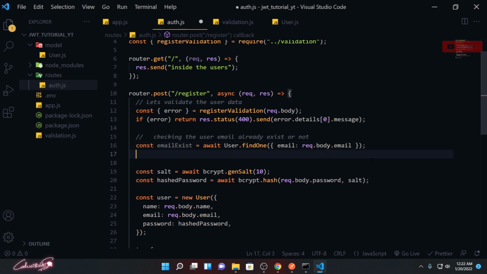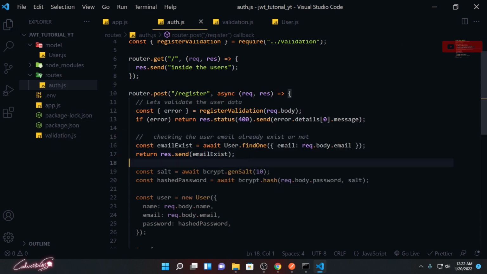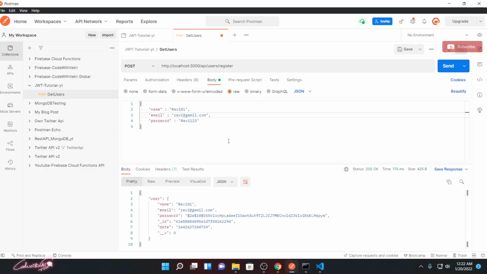If the body email already exists in our MongoDB, it will return a promise over here, and I'm going to return response.send email exists. Simply returning that email exists. Let me show you. If I try to insert it again, what happens?